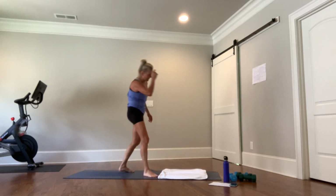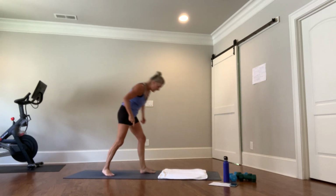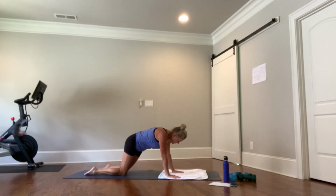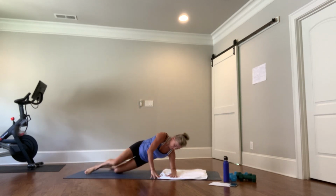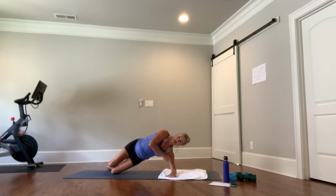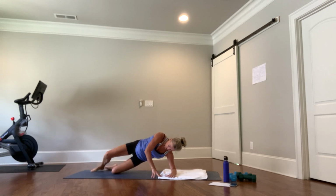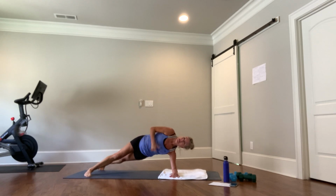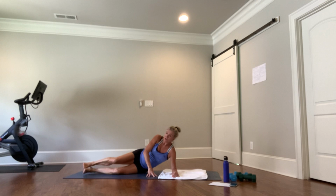All right. Come into a plank. We're going to come into a side plank. Again, we have lots of options, right? I can absolutely come into my side plank with one knee down. What I want to focus on is not dropping the hip. I want to keep it up. Now, your second choice is you're scissoring the legs. Your top leg comes front, the back leg to the back, or you can stack the feet,